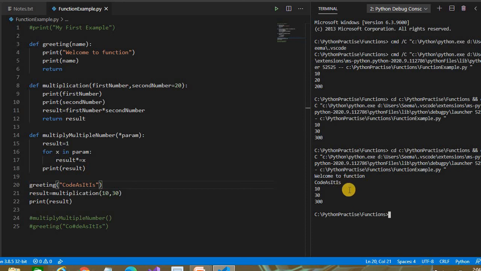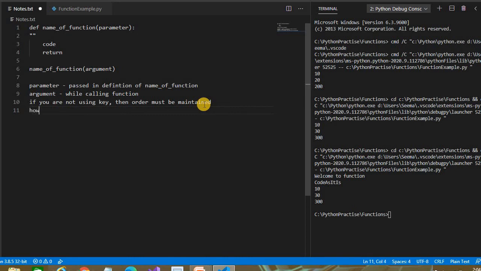See here, right? So you can pass the parameter. What we have talked about today is how to pass parameters: first is key based, then default parameter, and then also we have learned about variable length parameters. So the parameter can be variable. It can be 1, 2, 3, 4, 5, anything. Okay. These are some of the basics.